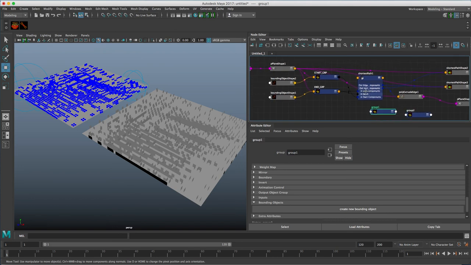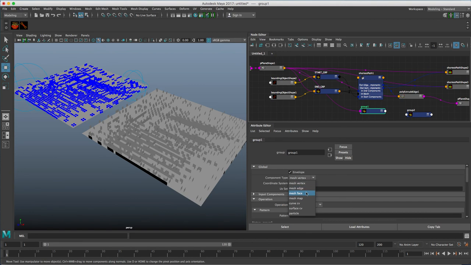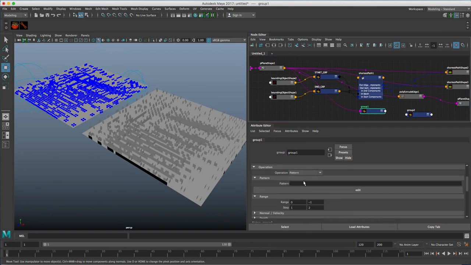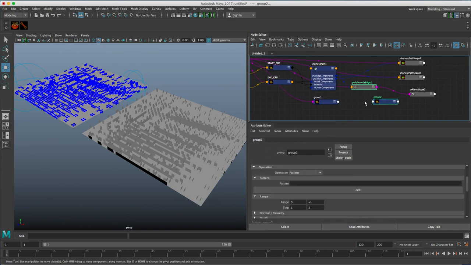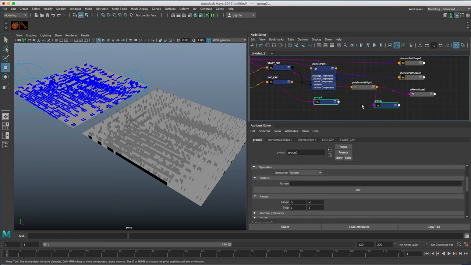And if we just grab the mesh from the beginning and go back into that group node and make sure faces are selected and all faces. And then for the second group node, if we just throw the output into the end geometry and connect our components into the end components, and here we go,